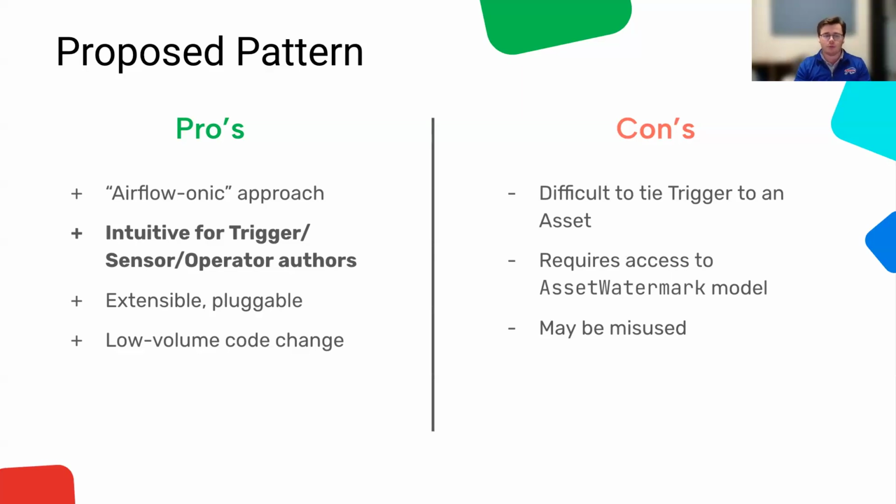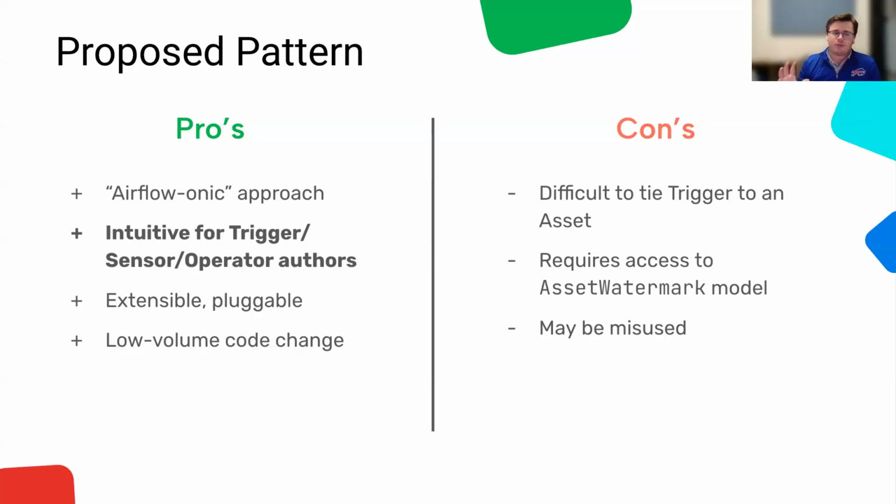It's going to be quite extensible and pluggable. By pluggable, what I mean is, with XComs and variables, we have the ability to bring our own backend. You can bring your secrets backend, that's for variables and connections, or for XComs, you can bring an object store as a backend. And I want to have the same thing when we think about this for asset watching and more of a general state store. And it's not going to be a crazy code change. And I say that now, I'm sure there'll be tons of complexity as we dig into it. But again, we have these patterns that are already in place that we can work off of, and it's going to provide a really nice starting point.